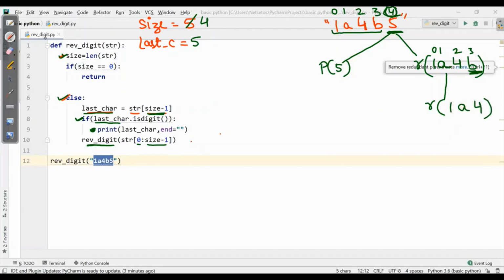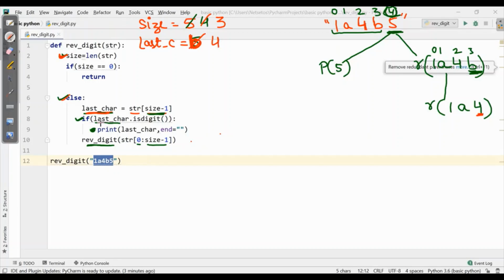Now again, it will check its last character. Here the last character was B. Then it will come to size. Size is 3, so here it will reduce to 3. Then it will check whether 3 is equal to 0. No. So it will come to the else part, and here it will calculate the last character. The last character is 4.